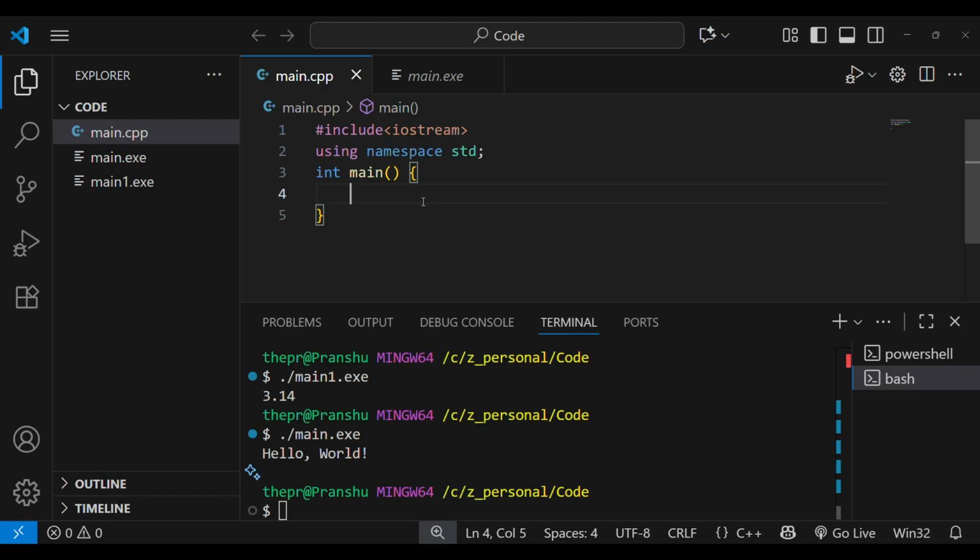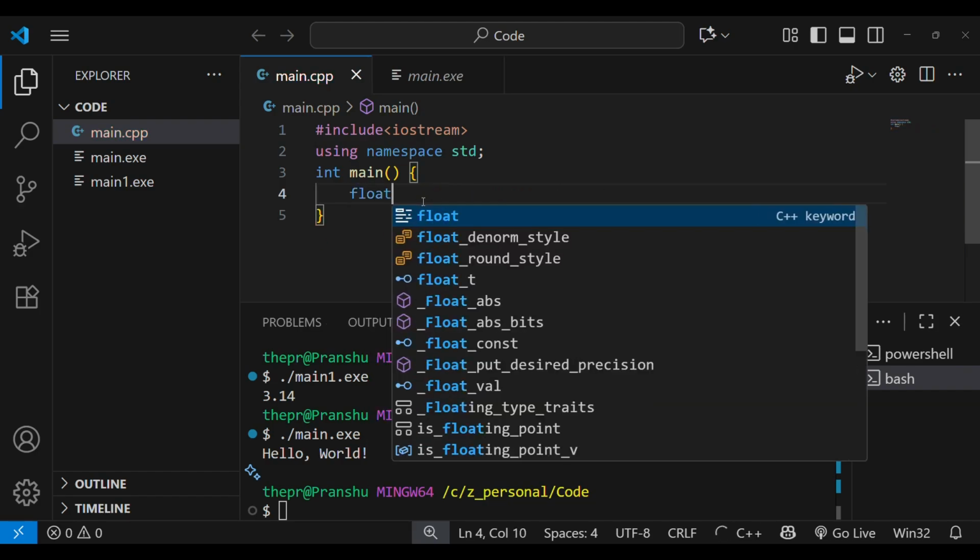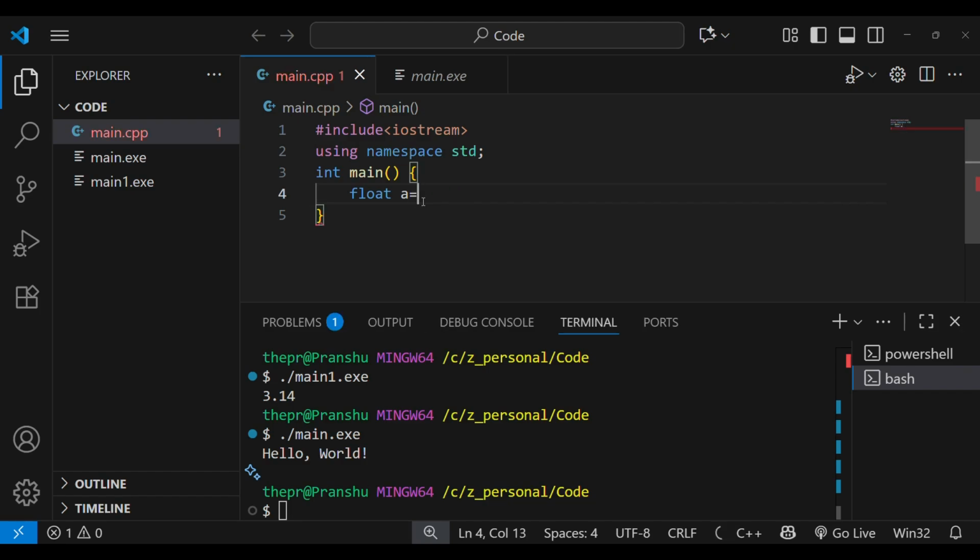So here is our screen, and we have to write int. We have some commands like int, like float a is equals to 5.67432, and so on.